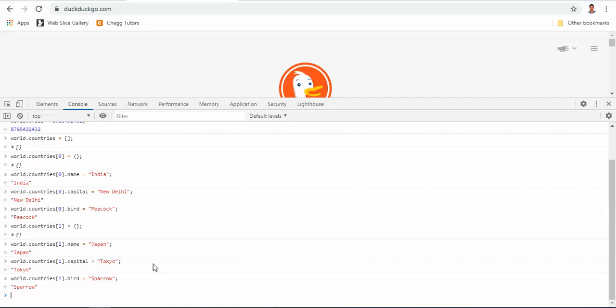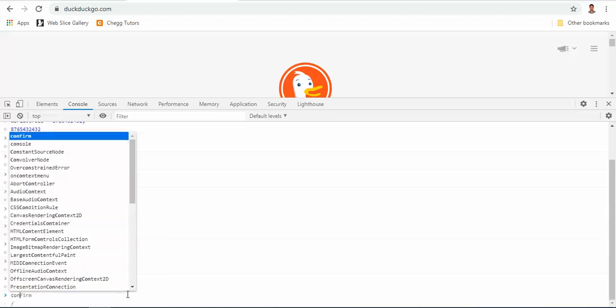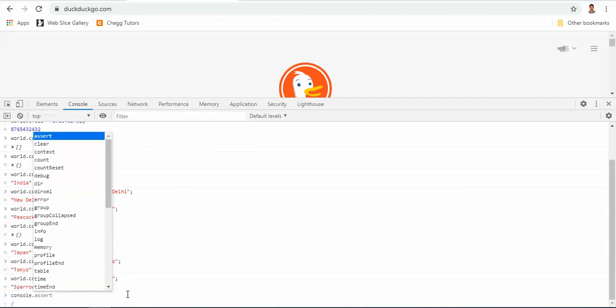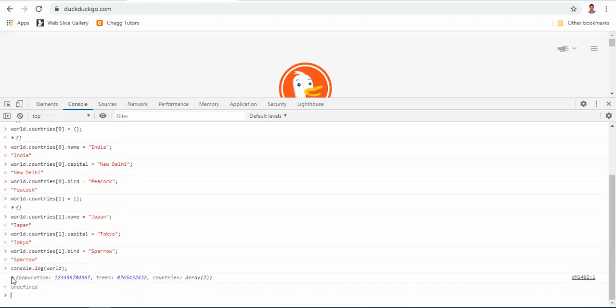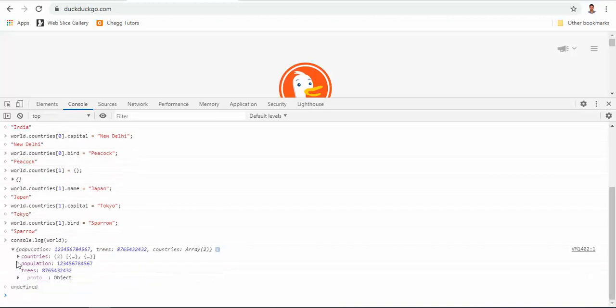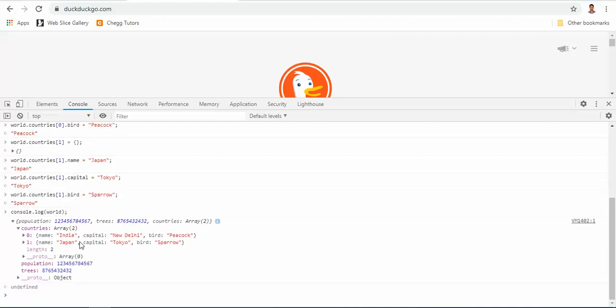So that's it. Now what you can do, you can easily console dot log world. See, it's coming. Countries is showing, it's an array. So if you are able to play with the data one by one, that means if you are able to access and put values whenever you want or according to the requirement, then you will have very fair knowledge to start learning IBM BPM.